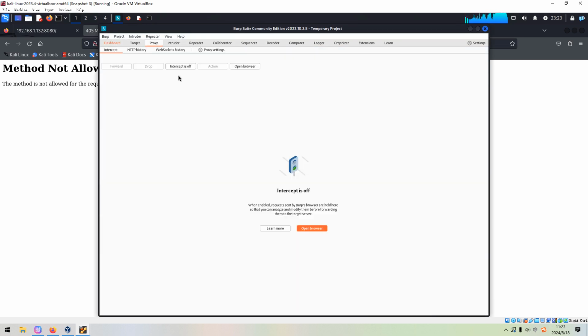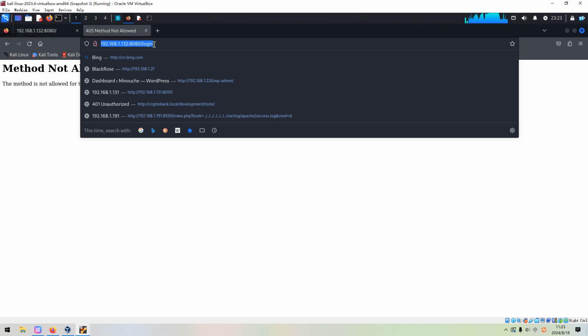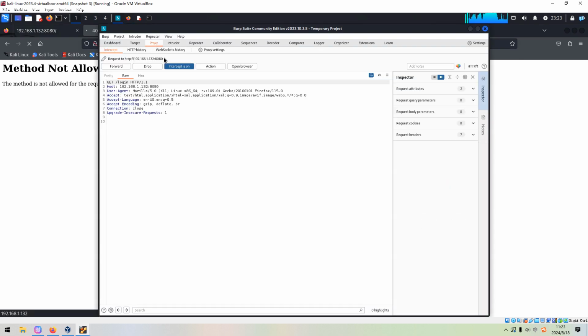And we need to turn on the intercept option, and we can refresh this page to trigger a new request. And then as you can see, we successfully intercept this request